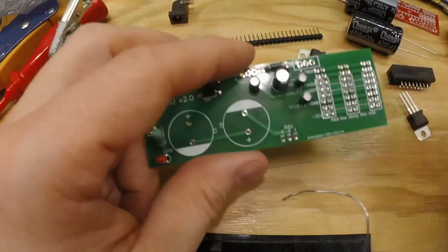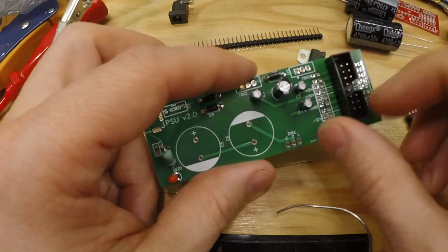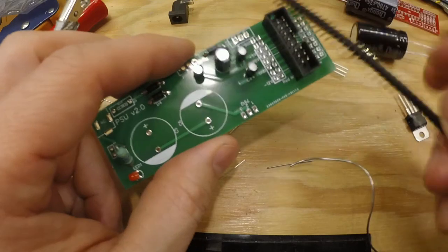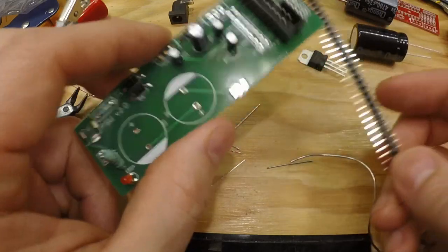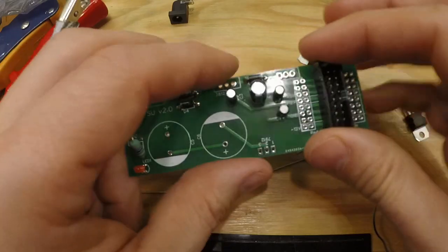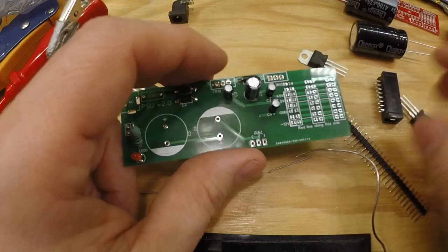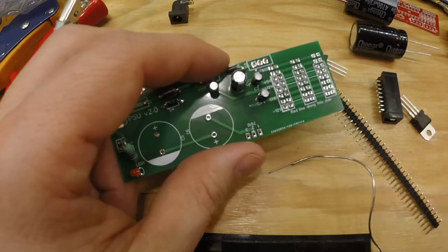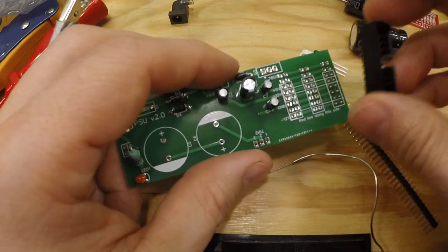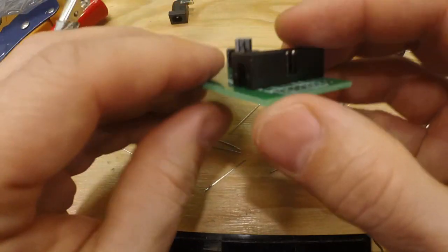Before we add the really tall ones, if you want this one, you can add this. If you want just pin headers, you add these, because once the taller components get in place, it is a bit difficult to get those in place. So I'm going to do red line along this